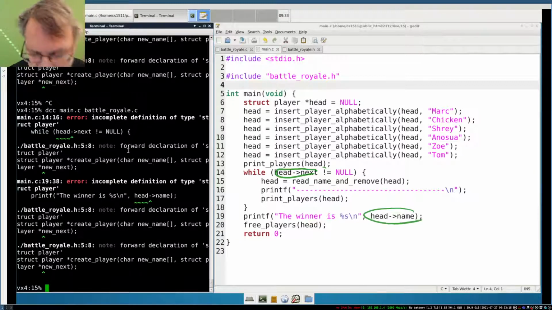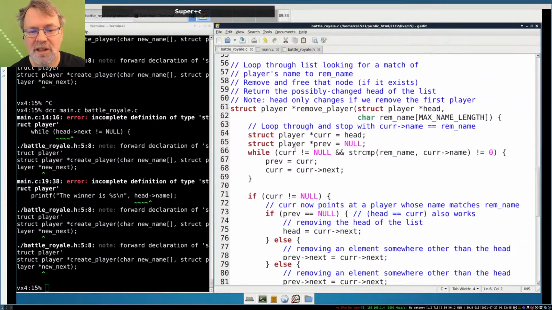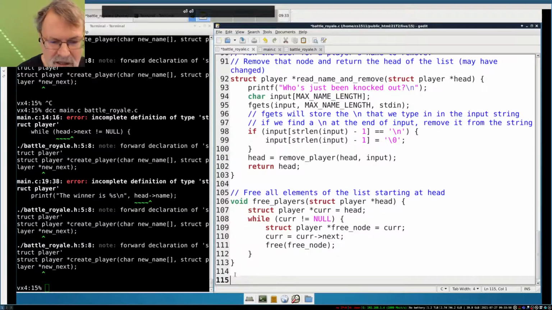printing this out. So what we'd normally do for this is add more functions, rather than say, oh, this code needs to peek inside how we've represented our list of players. We'd give the user extra functions here. So they want a function to say, are there any players left? And they want a function to print the player name, say. There are a few possibilities. But let's quickly provide those extra functions to them so that they'd never need to know what's inside a struct player. So we need something that says